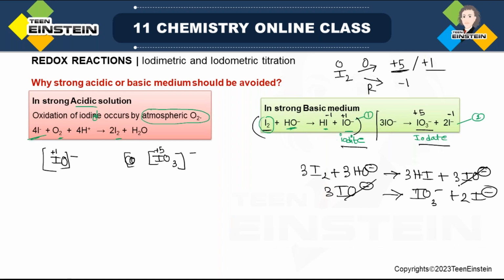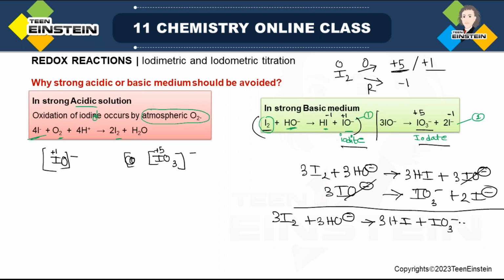So this part is cancelled. Now as a whole, what are you getting? 3 iodine, 3 HO minus, 3 HI, IO3 minus, 2 iodide. Now what I will do, if you add both sides, 3 HO minus,